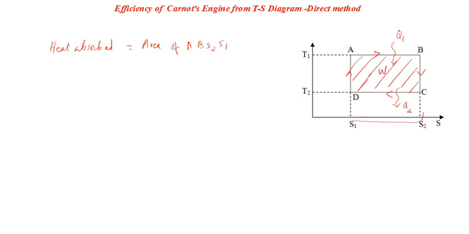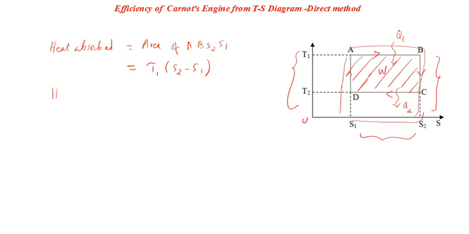This particular area is equal to the heat absorbed, that is, the area below AB. Being a rectangle, what will be the area of that geometrical figure? The width is S2 minus S1, and the height is simply T1 from the origin. So the heat absorbed equals T1 into S2 minus S1. Directly, geometrically you can get it. Now,